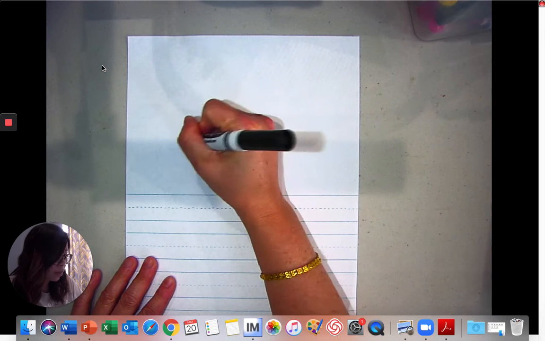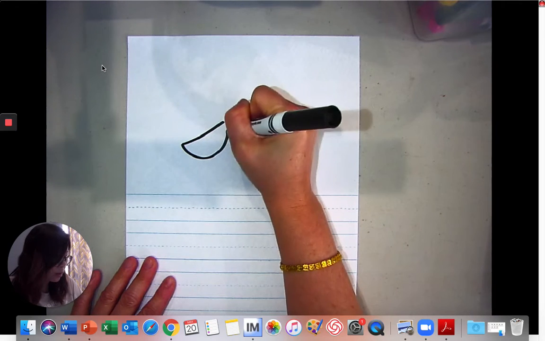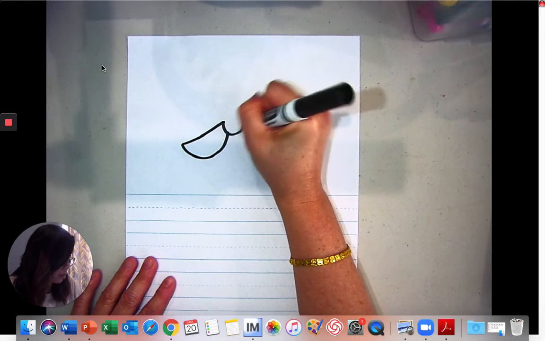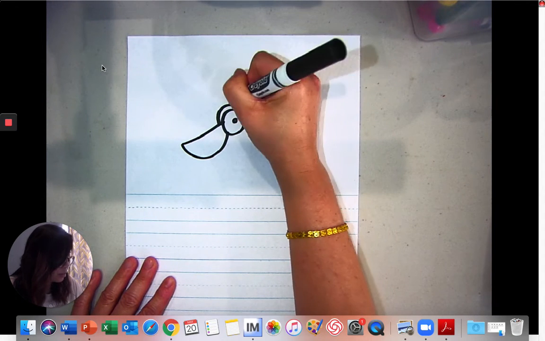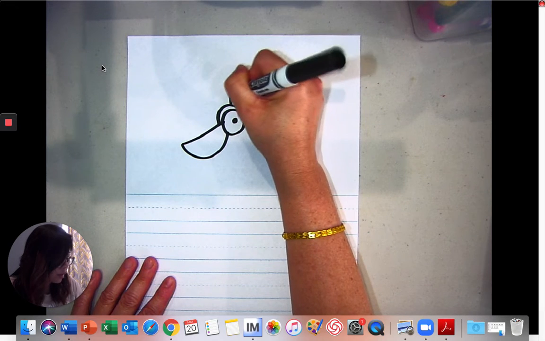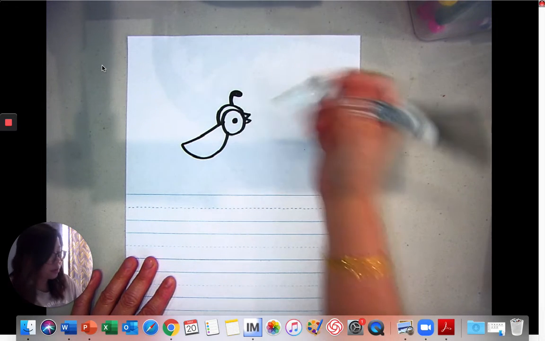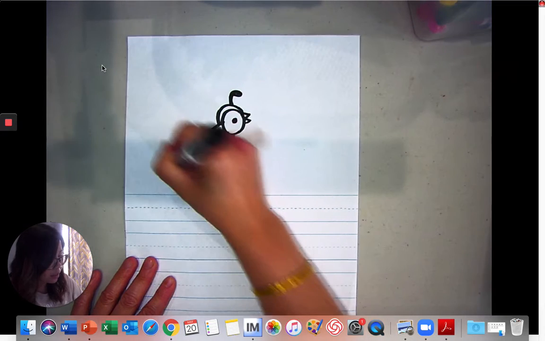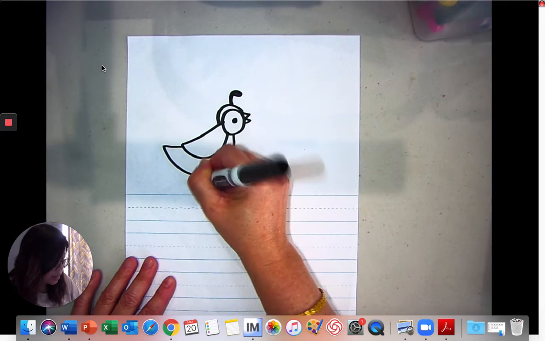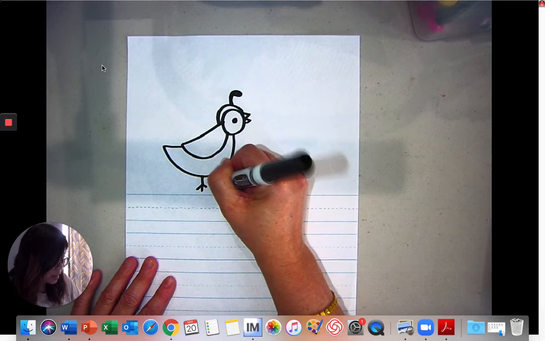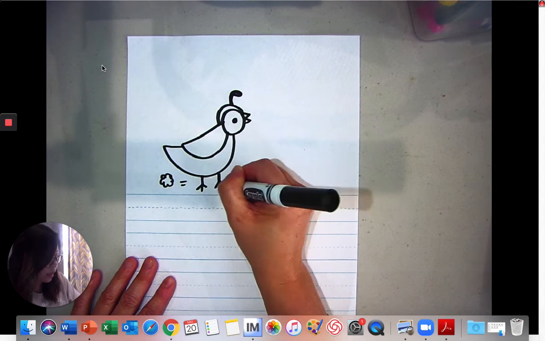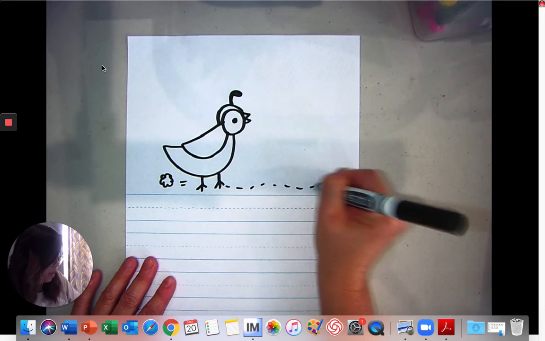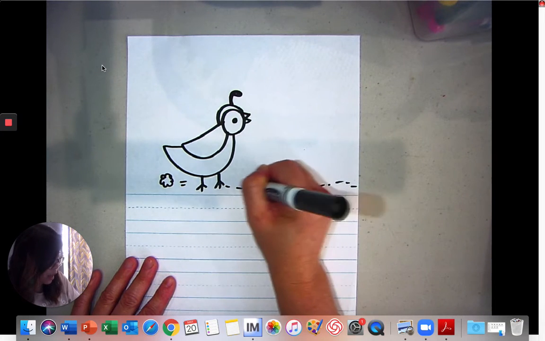So I'm going to first start off with my quail. So here's my quail's wing. And then I'm going to draw my quail's eye and head. And there's his eyeball and the little feather thing that sits on top, and his little beak and his big body, okay? And his little fast feet, because it said that quails are very fast runners. So I'm going to draw a little path for my quail